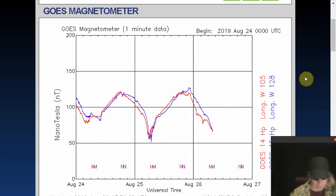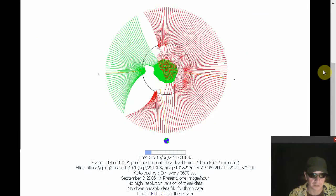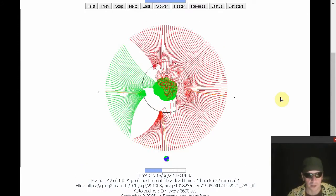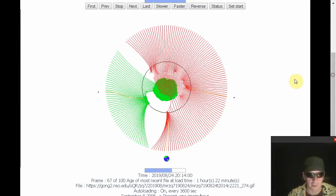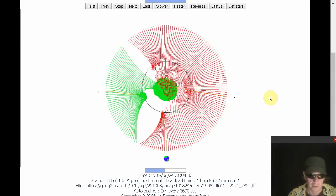And there's the GOES. Excuse me. There's the GOES magnetometer. Still looking pretty spiky here. And let's go to the Gong 2 and give it a little bit more context. All right, so there's the Gong 2, and we're expecting smoother sailing now as the magnetic environment has shifted into more of a holding pattern here, and expecting that GOES magnetometer to smooth out over the next, I'll say